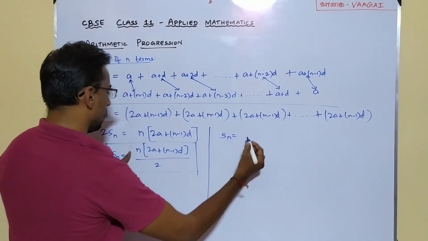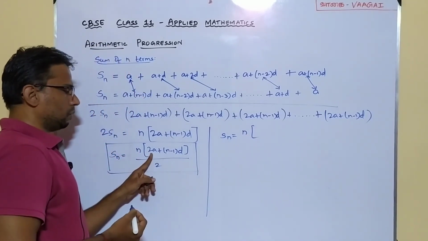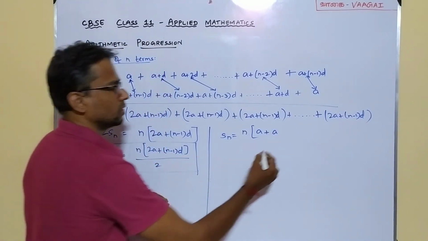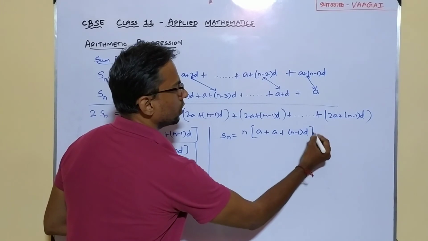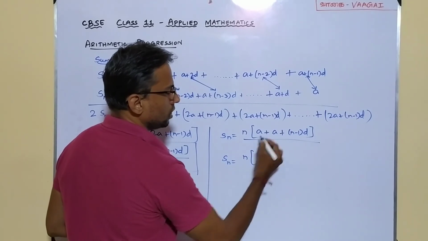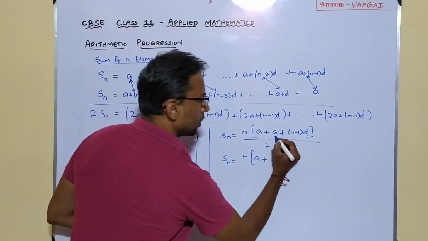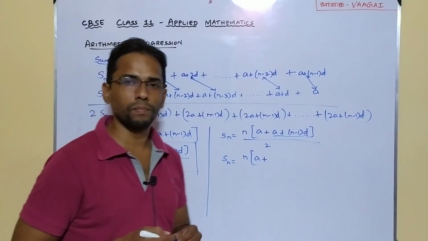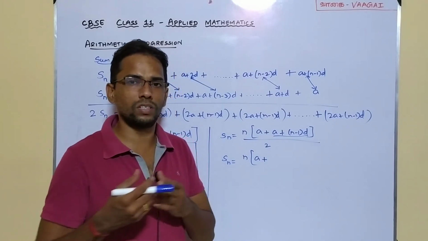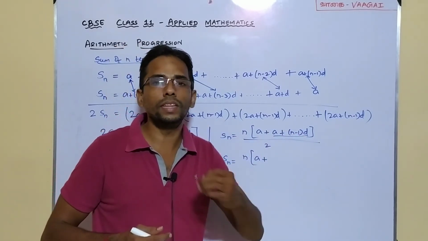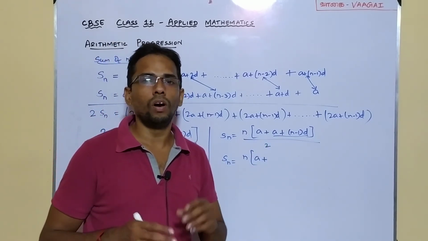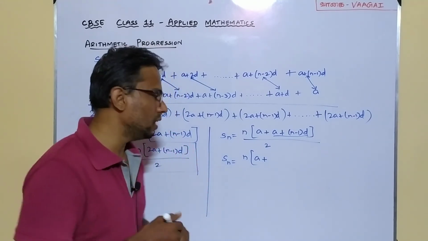So Sn is equal to n into, let me split up this 2a as a plus a, and write the remaining things as they are, plus (n minus 1) into d, the whole divided by 2. So Sn is equal to n into, now just see, this a is as it is, a, plus, can you closely observe what this expression stands for? This stands for a plus (n minus 1) into d. If you just remember, we have seen this just before. So this stands for the nth term, right? This is nothing but the formula to find the nth term, that is Tn, or we can even say it is the last term.